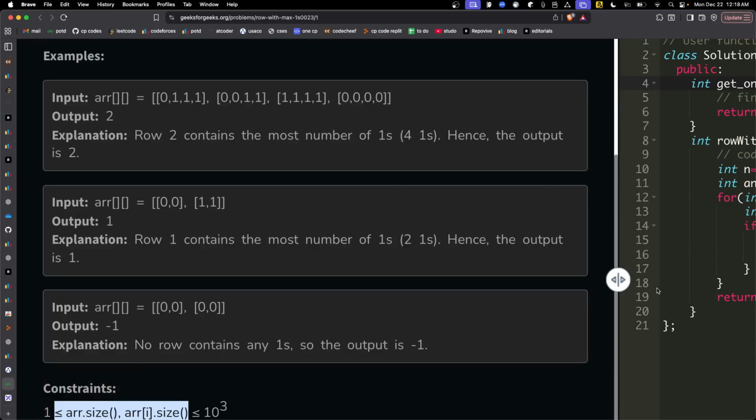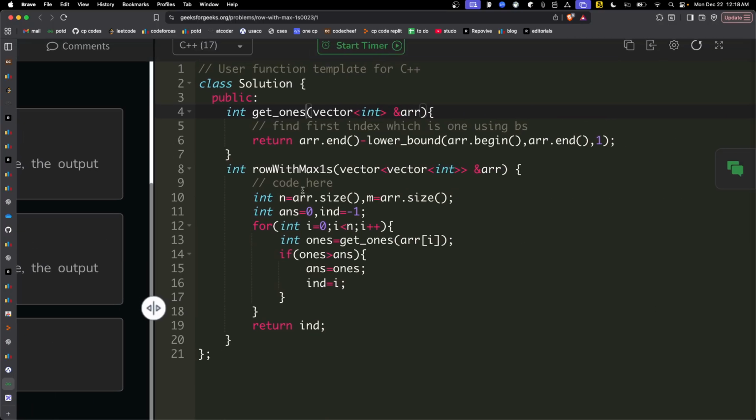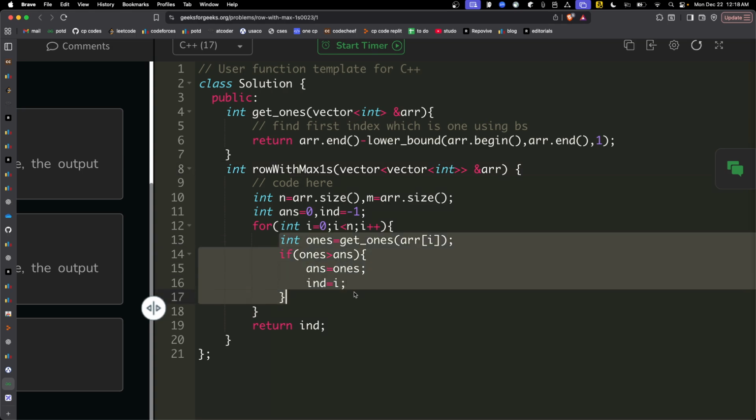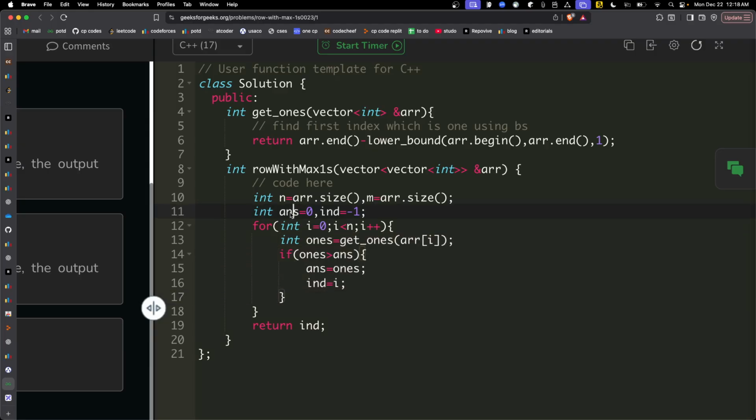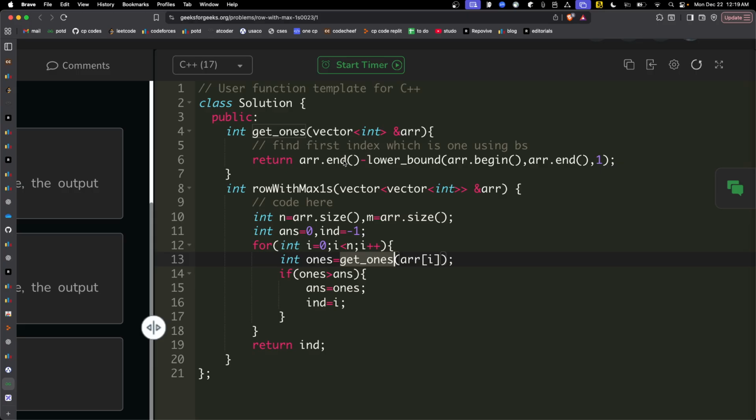Okay, so in this function, as I said, we'll go over each of the rows. I'm maintaining two things: answer, the maximum number of ones we have seen till now, and index, the index in which we saw the maximum number of ones. So for each row, I'm just calculating the number of ones in the array, and how we are doing it is basically,